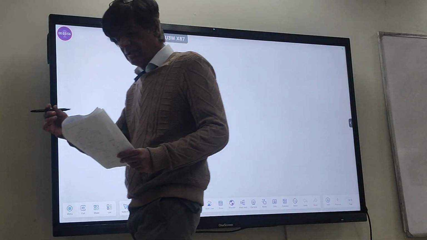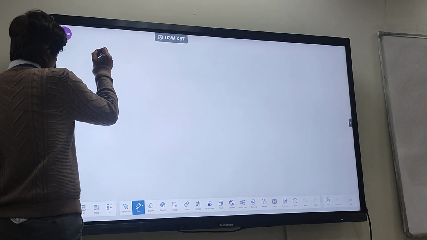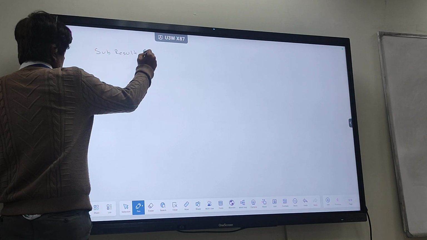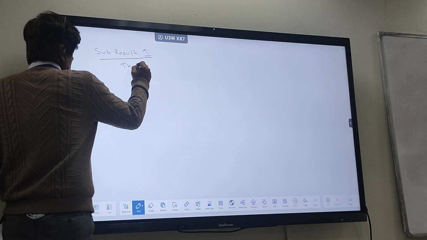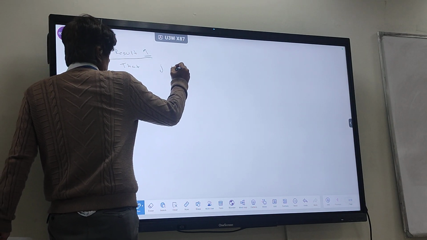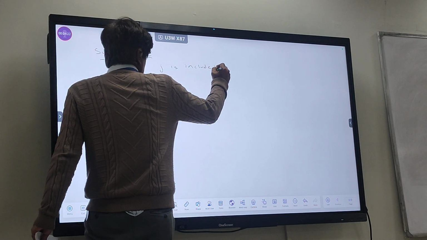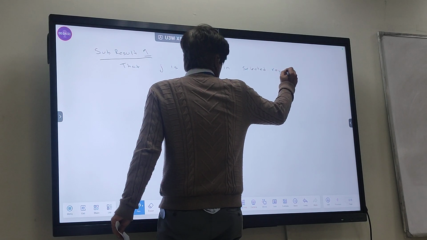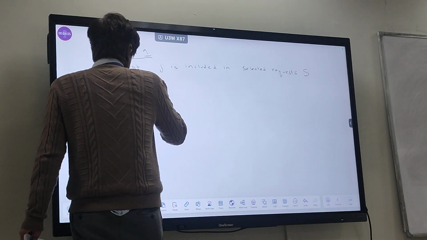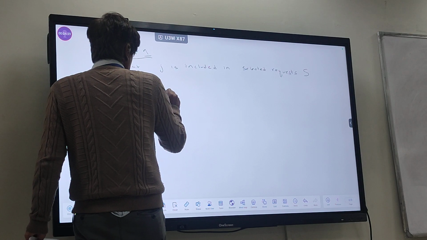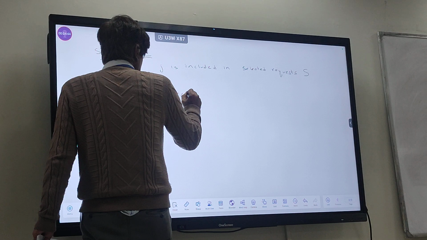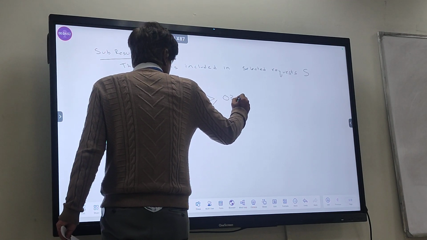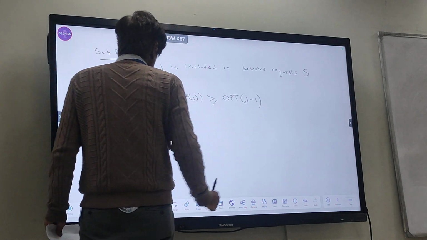And the way we are going to ultimately choose the request is based on this sub result: request j is included in the selected requests if v of j plus opt of p of j is greater than or equal to opt of j minus 1.